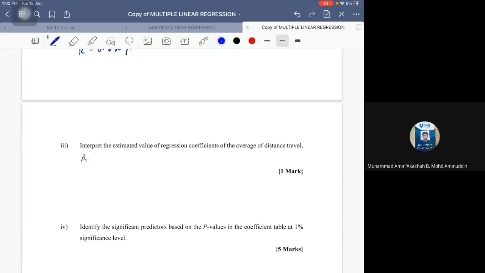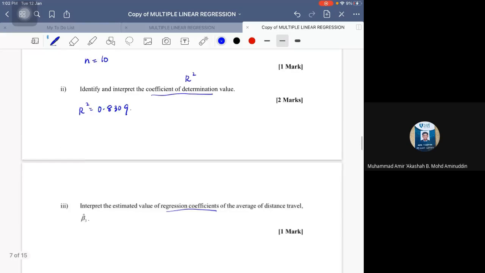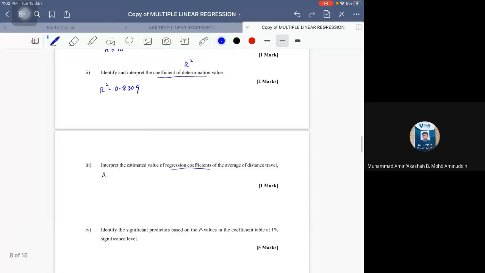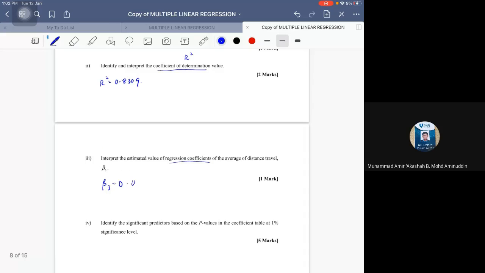So now interpret the regression coefficient of the average distance travel, which is going to be beta 3. So where is beta 3? This is going to be our average distance travel. So this is going to be our beta 3. Basically beta 3 is going to be a value of 0.0156. So we can see that when the average distance travel